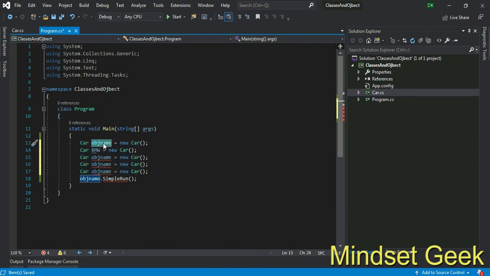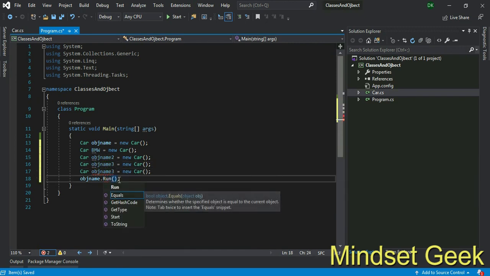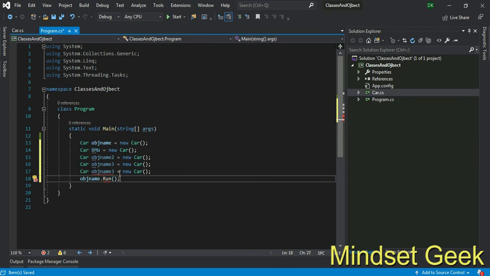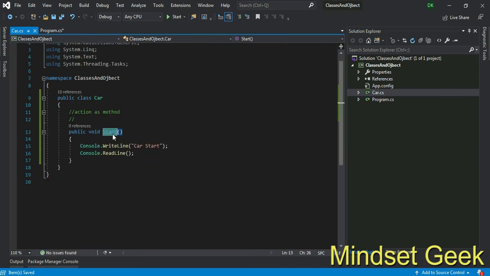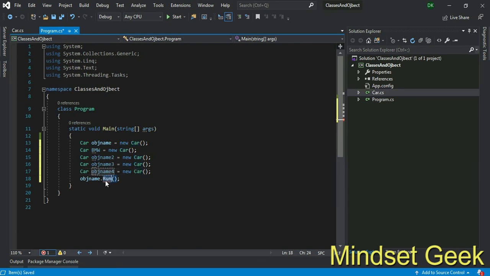This car will be a Suzuki or BMW or whatever, you can use those names. Then we have the run method, not the car start method. This is the way to create objects from that class. These are the objects, different types of car models.